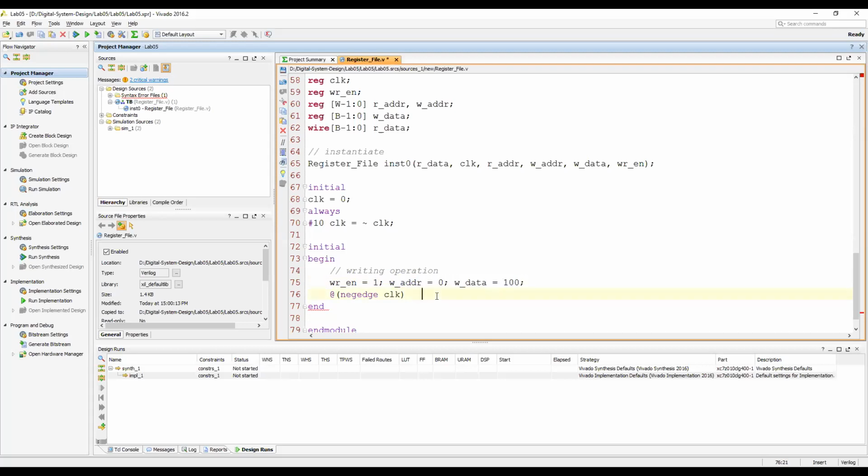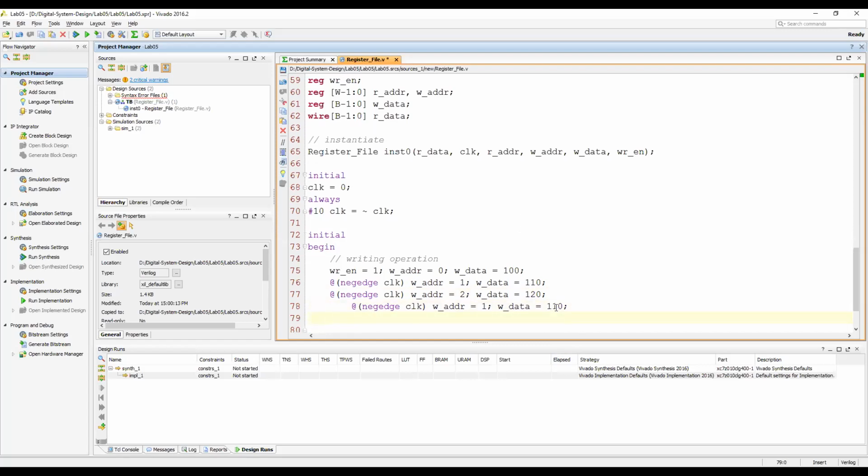Let's write another thing. Let's write 110. So the address will become 1. Let's do another writing operation, the third writing operation. In the third writing operation, the address will be changed to 2, and here we'll put 120.